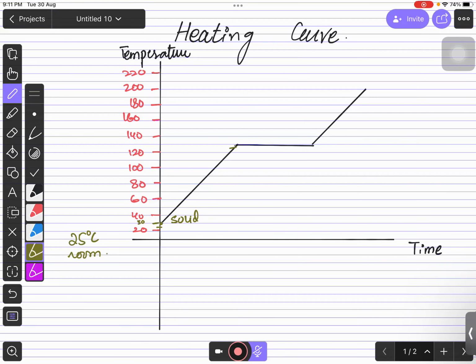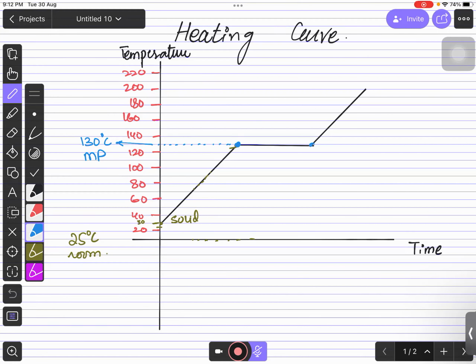And when you start heating, the temperature starts increasing over time, because when you heat, the temperature rises, and it also needs time to heat. So the temperature is increasing, right? The substance in front of you is still solid till this point. So you can see this, bacho. If someone asks you what is the melting point of this solid, you can say that the melting point of this solid is 130 degrees centigrade. You can say that this solid is going to convert into liquid at 130 degrees centigrade.